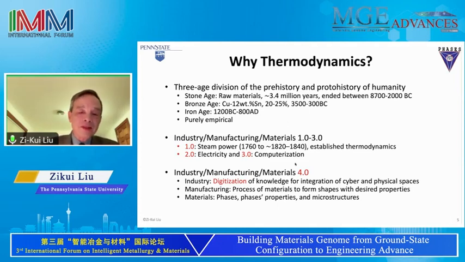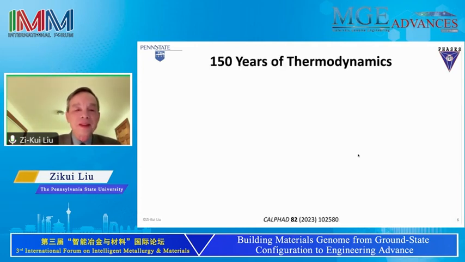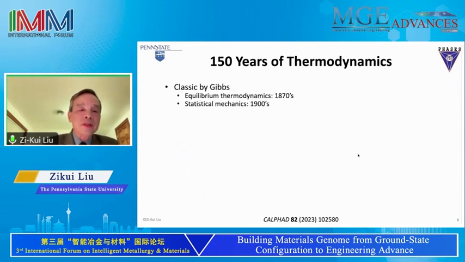Now if you think about this materials, right? The thermodynamics. So what's the digitization of thermodynamics? Okay. So let's look at the thermodynamics 150 years after the first industrial revolution. As I mentioned, that was when thermodynamics was established. And Gibbs, as an American scientist, went to Europe to learn what had been created in Europe at that time. When he came back, he developed the equilibrium thermodynamics in 1973.